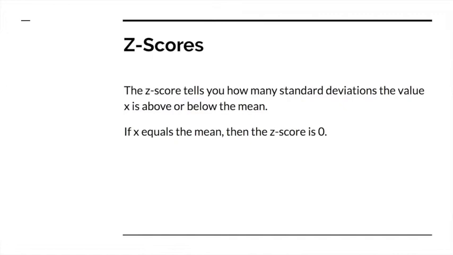Z-scores are interpreted in terms of the number of standard deviations that the value is either above or below the mean. So if we calculate the z-score and we get a z-score of 2, that tells us that data value is 2 standard deviations above the mean. On the other hand, say we got a z-score of -3. That would tell us that particular data value is 3 standard deviations below the mean. If it's negative, that means you're less than the mean. If the z-score is positive, that means you're above the mean. If you happen to get a z-score of 0, then that data value